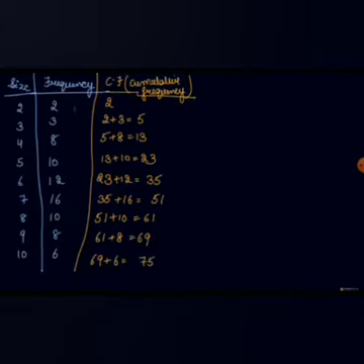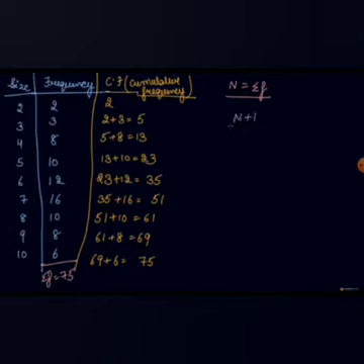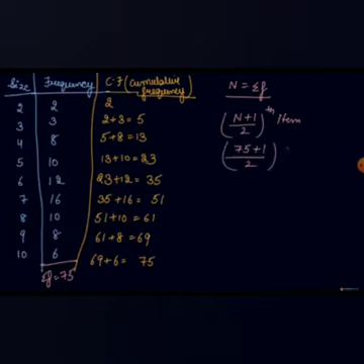Now we have done the ascending order and found the cumulative frequency. Now what is n? N is the summation of frequency, summation f, in case of discrete series. Adding all, you get 75 as your summation f. The next step was the n plus 1 divided by 2th item. Your n is 75, the number of observations, so 75 plus 1 divided by 2 gives 76 divided by 2, which is the 38th item.